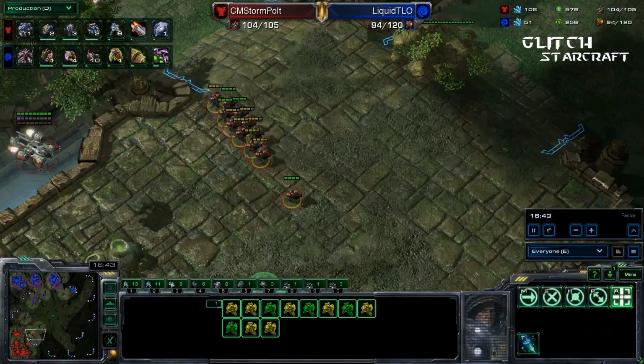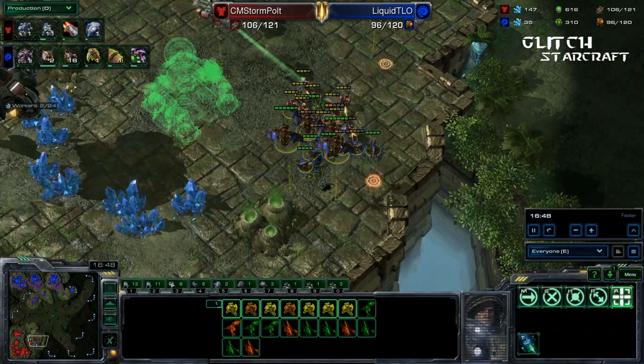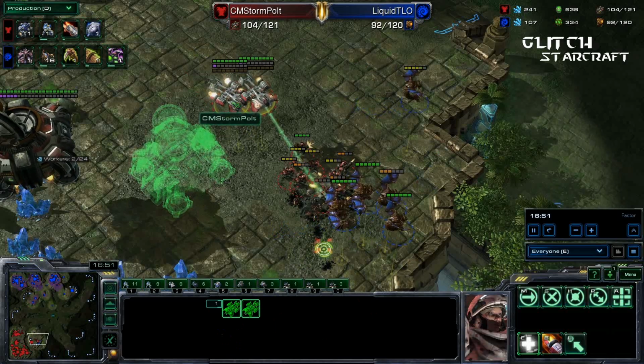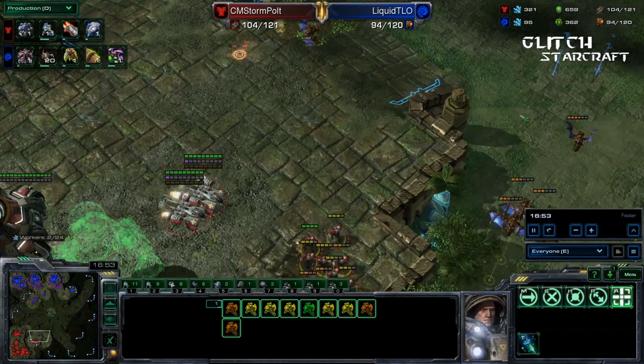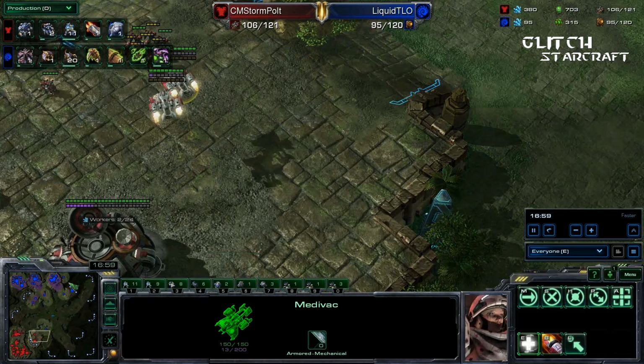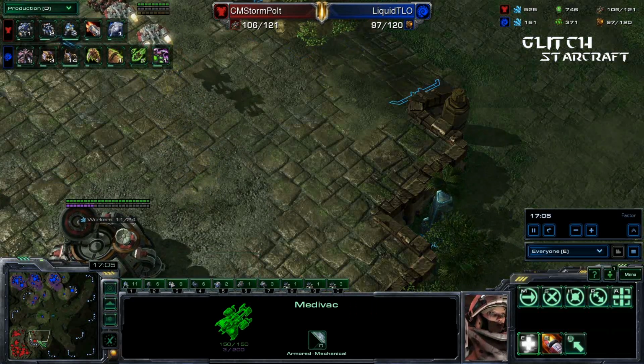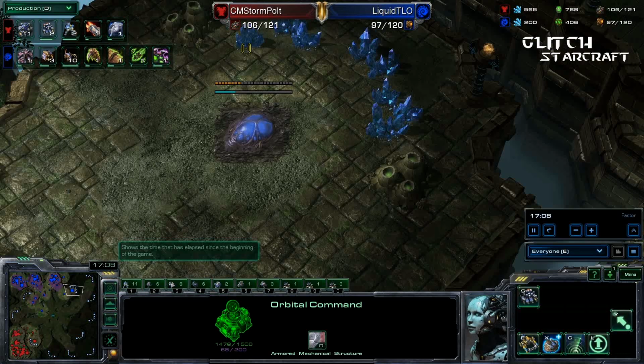And it looks like Polt is now going to be moving in here with these units. And all these units are pulling back right into that pack of Marines here that now have this medevac support, so they can now stim a little bit more freely, because now it's just going to cost the medevac energy to use those stims. So now it looks like this game has finally stabilized, as Polt is going to be taking his 3rd,